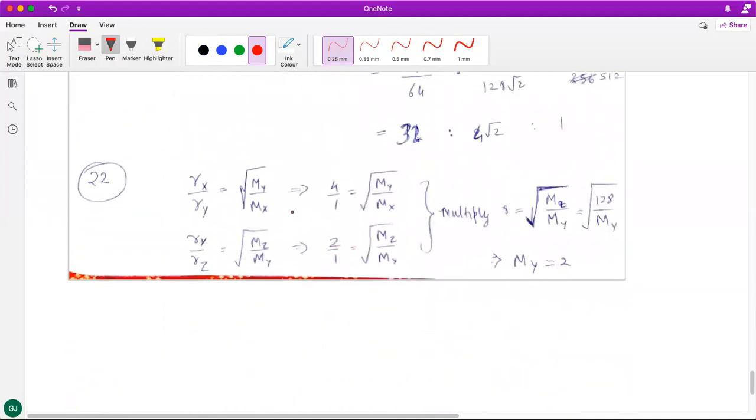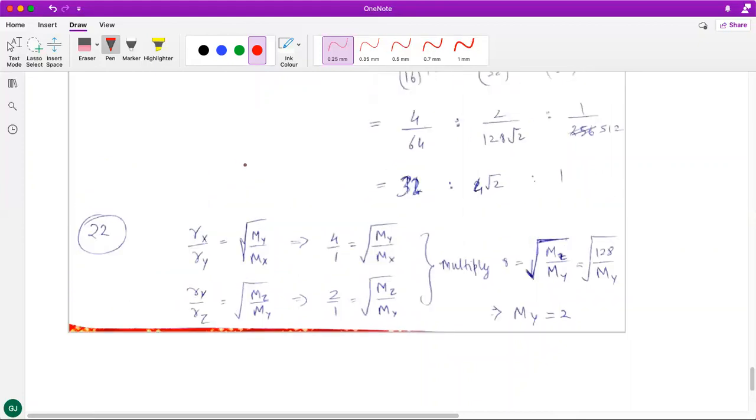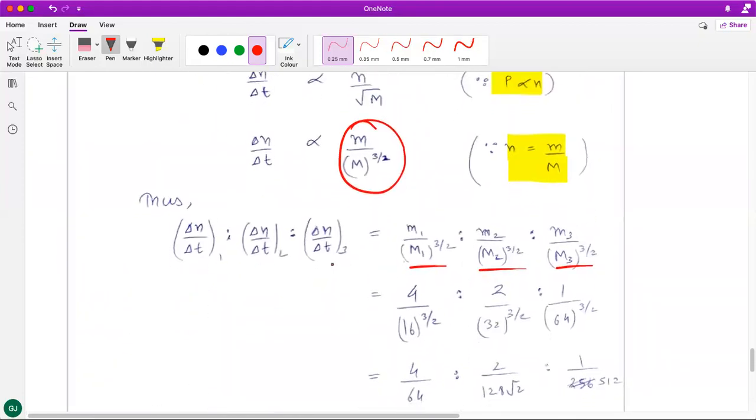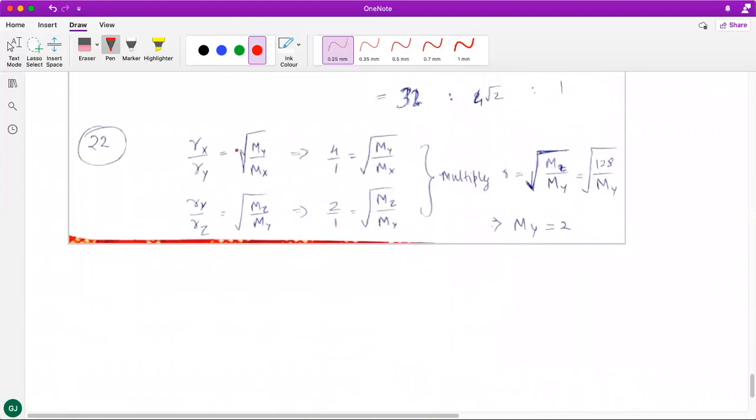All right, then the 22nd question is a very simple, straightforward question. In this also 3 gases are being compared, but 2 at a time. So rather than the comparison in one go, in one equation itself, here they have taken 3 gases and compared them 2 at a time. First they have taken X and Y and given information about them, and then they have given information about Y and Z. So I have written the equations for X and Y comparison and Y Z comparison. Now if I multiply the two, the molecular weight of Y cancels out and I get the ratio of the molecular weight of Z and Y. And since the molecular weight of Z is given, I can simply calculate the molecular weight of Y.